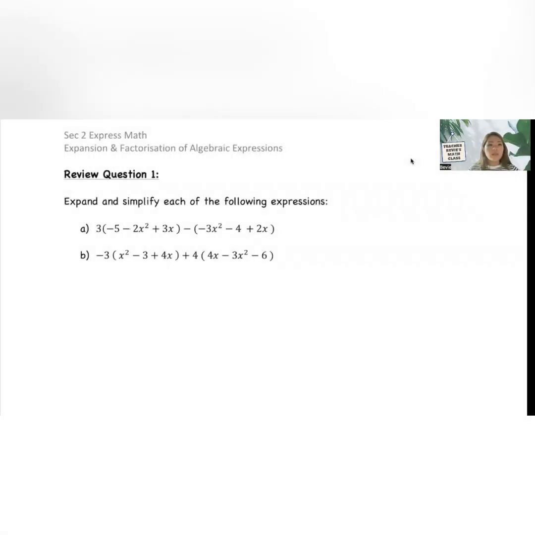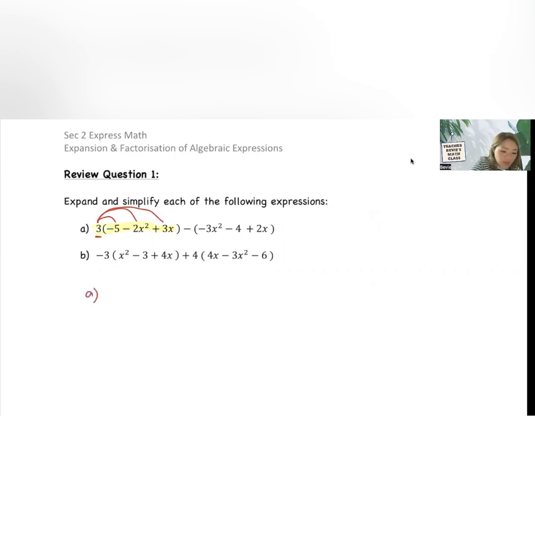Review question 1. Expand and simplify each of the following expressions. So for part A, if we have a number outside the bracket, we must make sure that we multiply to every single term inside the bracket when we are expanding it. All right. So for the first portion over here, I'll bring the 3 into every single